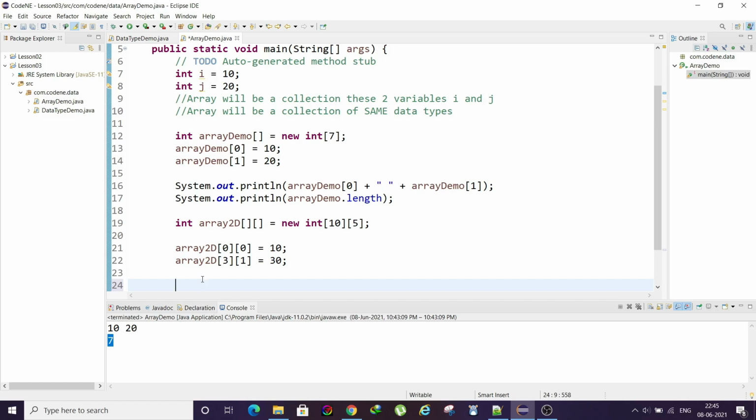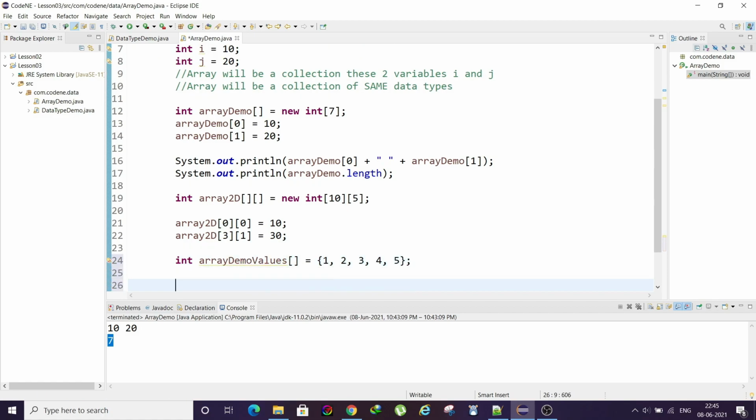So there is another method where you do not have to declare the size of the array, but you can directly declare the values of the array. How we can do that is, let's say you declare something like this, curly braces, then you have 1 2 3 4 5.